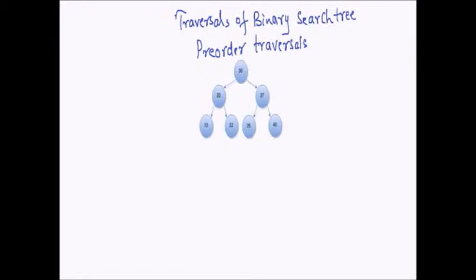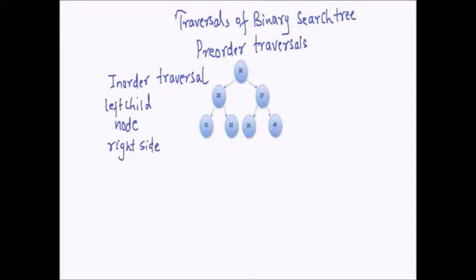Hi, in the last lecture we learned about binary search tree traversal, and in that lecture we learned what in-order traversal is. In in-order, the order of visiting nodes is: the left child, then the node, and then the right child. In today's lecture we will be learning another traversal, and that traversal is pre-order traversal. In pre-order traversal, the order of visiting nodes is: first you visit the node itself, then its left child, and then